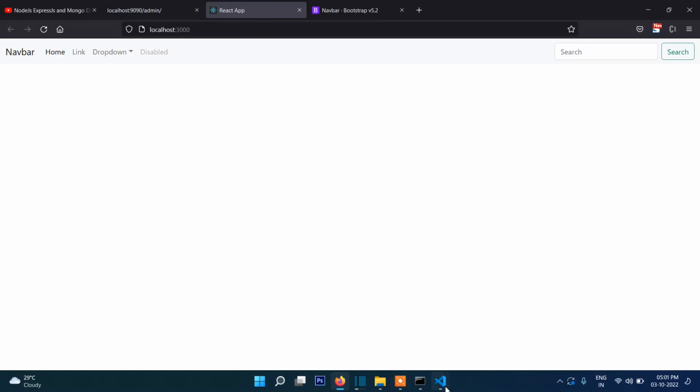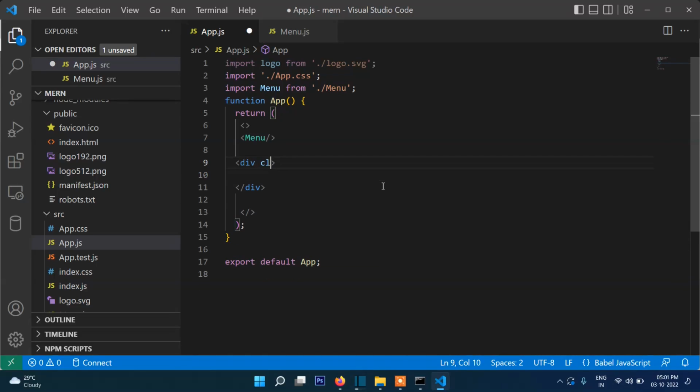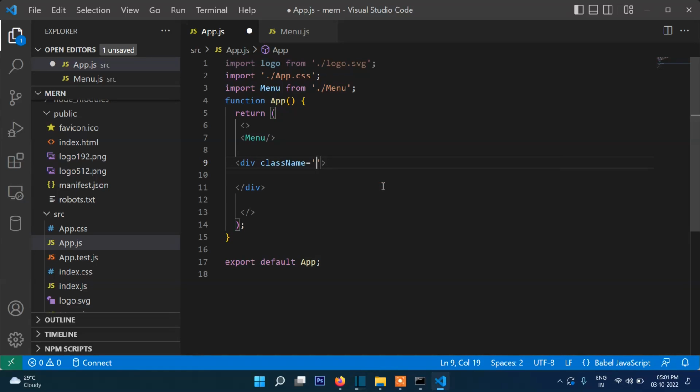Now what we will do, let's create here one form. Okay, so div close, className container. Inside this,